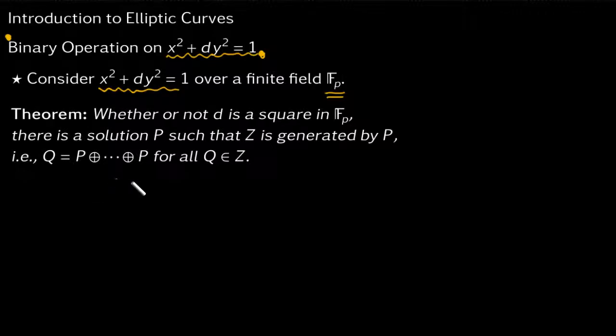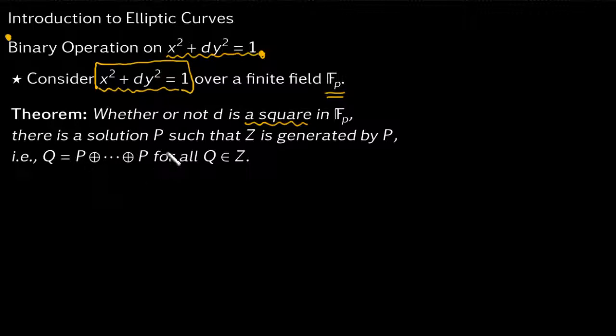So here's a theorem, and this is actually something we did in our number theory class recently, and we used SAGE to figure out the number of solutions over this finite field of this type, and a nice observation can be made from that, relying on the following theorem. Whether or not these are squares in Fp, meaning a quadratic residue or not, there is a solution. Not only just a solution, there is actually a solution. So if you do that